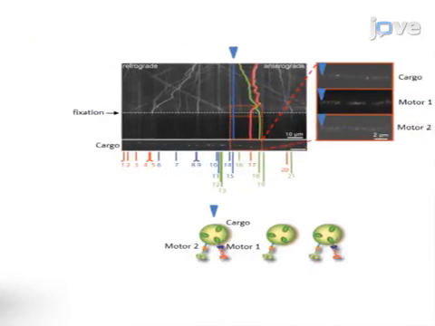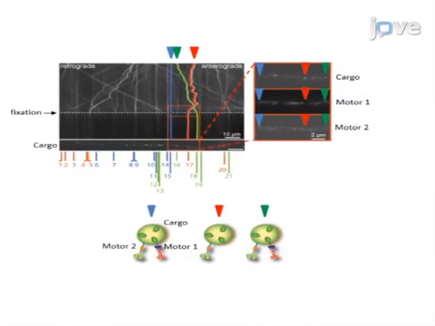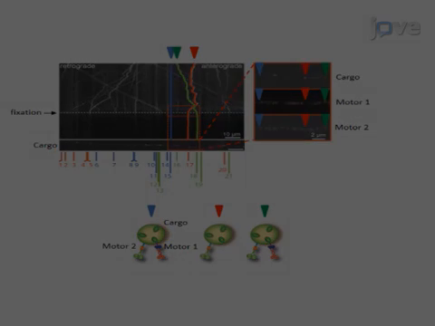Ultimately, correlation of fluorescence microscopy of live and fixed cargoes and motors at the subpixel resolution level provides information on the types of motors that are associated with specific cargoes for which the directionality of movement